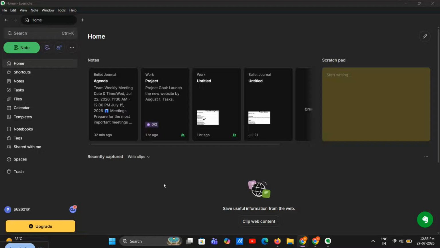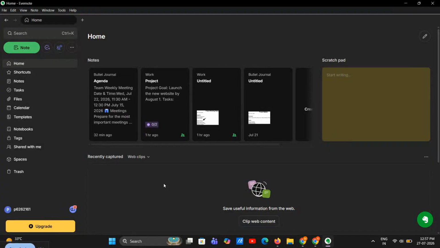If you use Evernote every day, switching from list view to card view can make your notes easier to browse, easier to scan, and just a lot more visual. In this quick tutorial, I'm going to show you exactly how to switch from list view to card view in